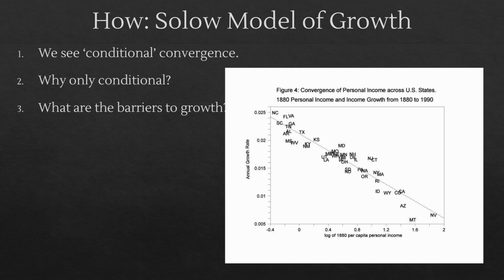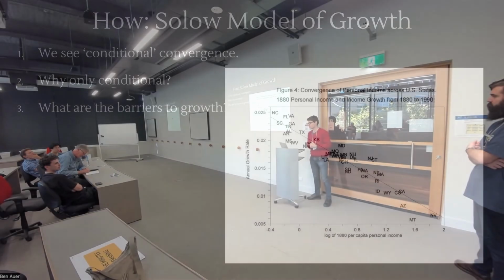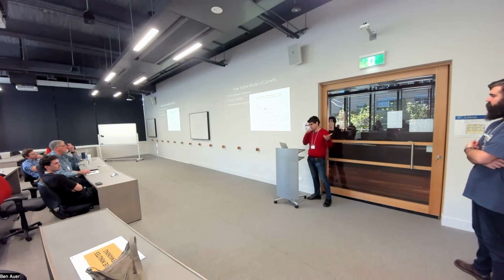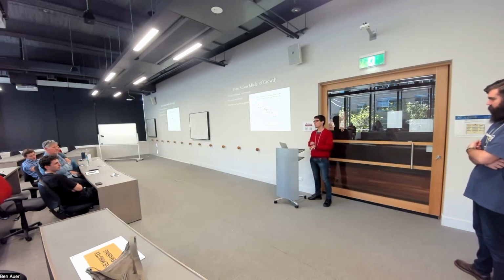Why is it, and I've raised this as a question, what are the barriers to growth? And this brings us back to the initial question, why isn't the whole world developed? Why haven't we already seen this process happen? We've seen it happen in some countries, but not others. So what's the difference there? And this brings me to look at a few different proposals for what is the key factor or the key reasons why we have growth in some regions or some countries but not in others.